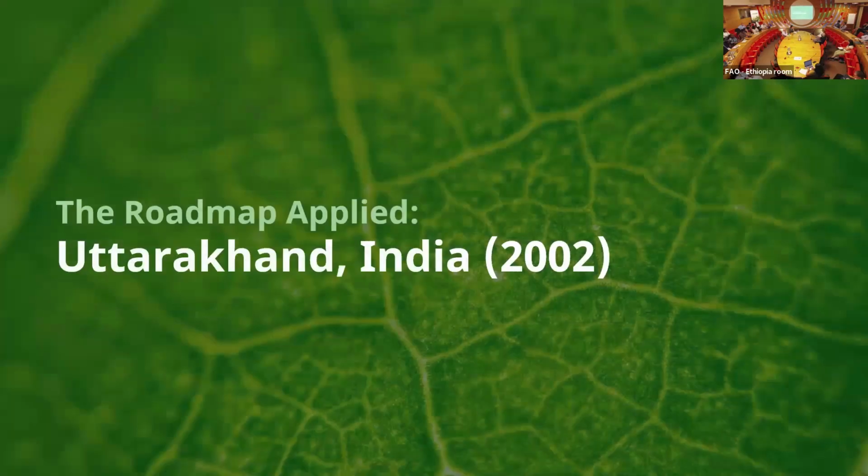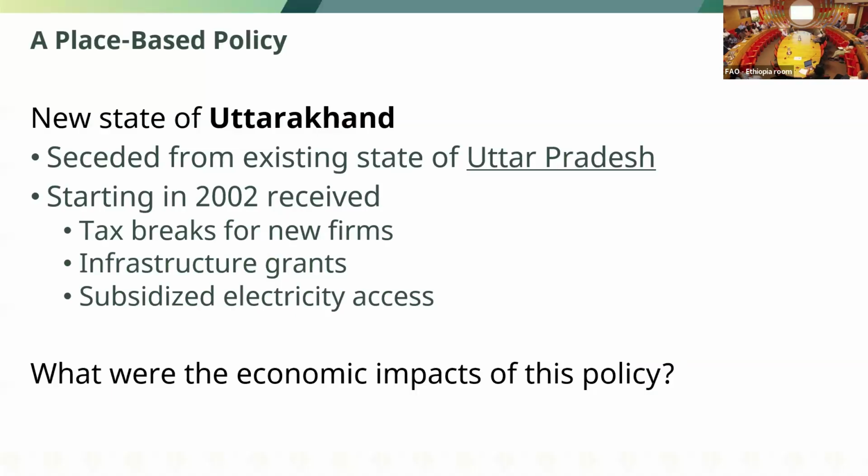All right, so the application that I'm going to run through here is the state of Uttarakhand. So what happened here? This is a state of India that was formed from an existing state. It seceded from that state in the year 2000, at the end of 2000. Then basically a year and a half after secession, there was a policy applied to that state to help it develop. And so it received major tax breaks for new firms that were founded. It received big infrastructure grants, and then